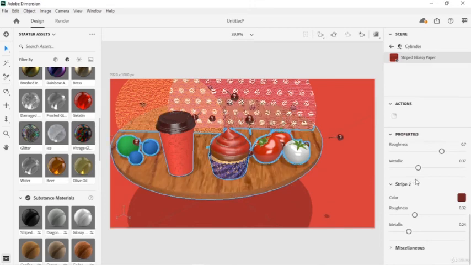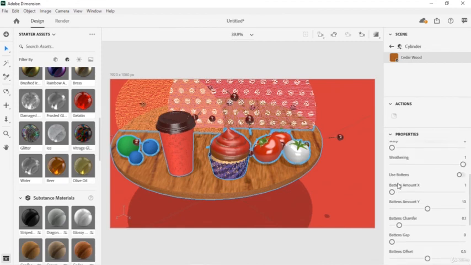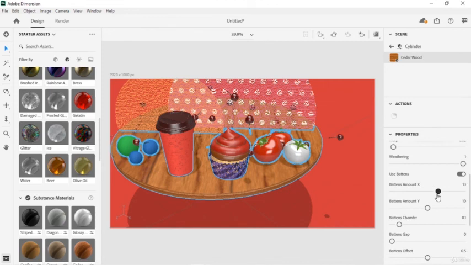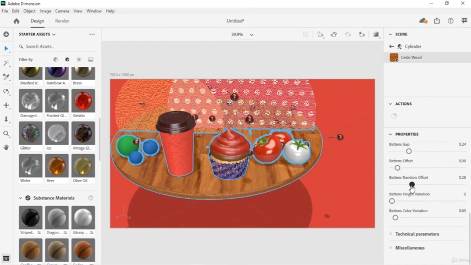Looking at a different substance material like wood, you will see properties like wood grain, warping, plank count and other wood specific properties. We hope this video has been helpful in seeing the flexibility and how you can customize the look of your model. You can learn about applying your own image in another video.